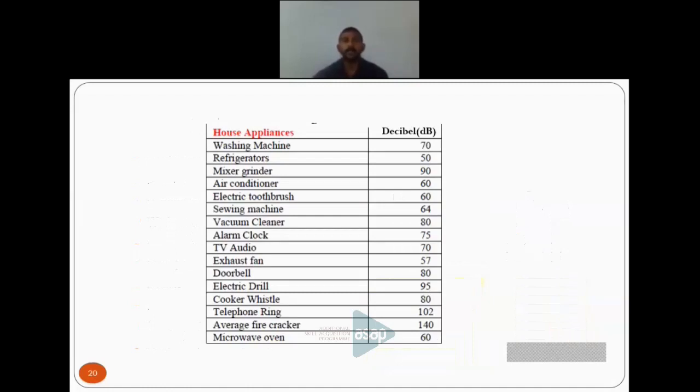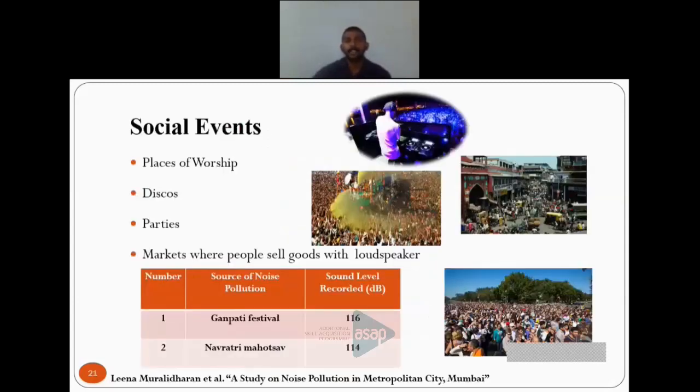And these are the values, in decibels, of the sound produced by different home appliances. The washing machine produces 70 decibels, the mixer grinder 90, and it shows the values for different home appliances producing sounds. And next is social events. Social events means those that come with